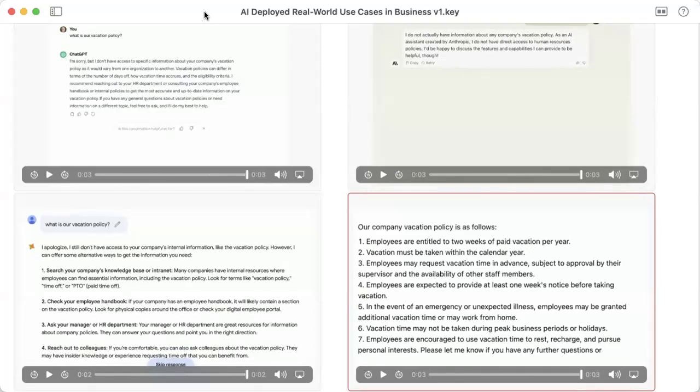A lot of these have a cutoff point. Even if it's just last October 2023 or something, it still might not be your policy as of today. So instead, don't let it go ask questions of the internet or its corpus of data that it was trained on. The data that a language model is trained on, this is a profound statement I'm going to make,